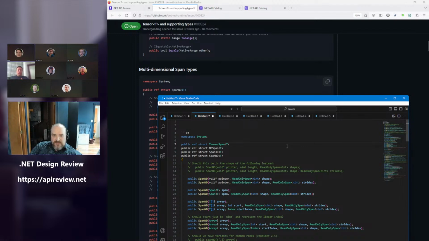And the concept here is that Tensor<T> is a particular implementation of a tensor type. Span ND is the general view type over all types of multidimensional data.